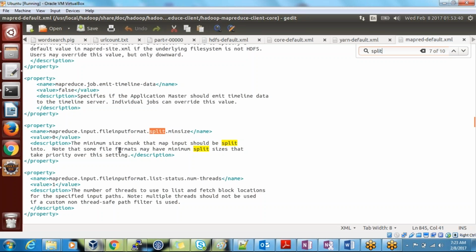Note that some file formats may have a minimum split size that takes the higher priority. It means some file formats already have their own split size. They will take their own split size and will not consider this value. Okay, so that will be taken as first priority. Next, look at